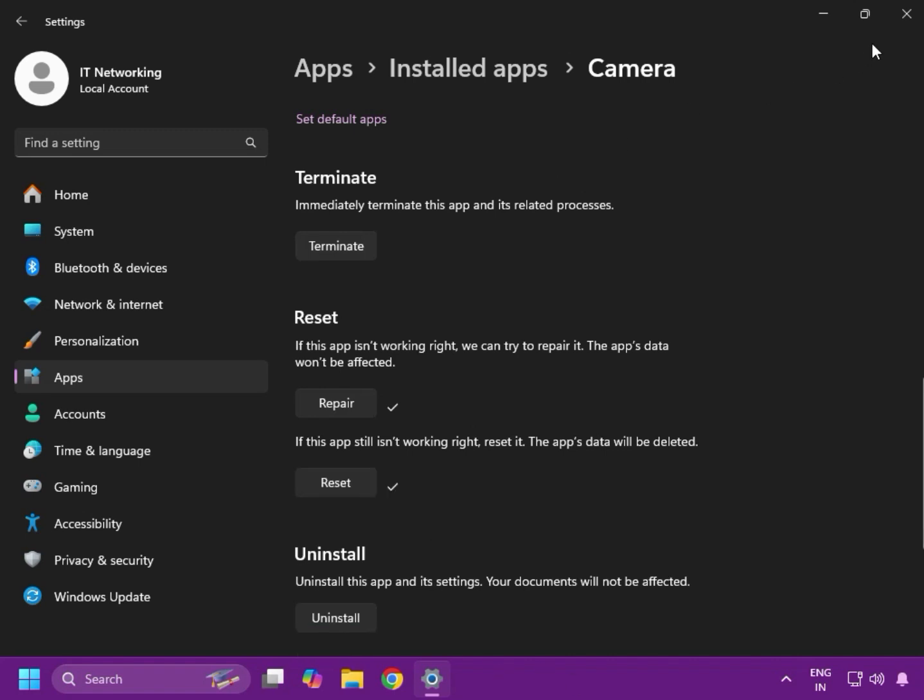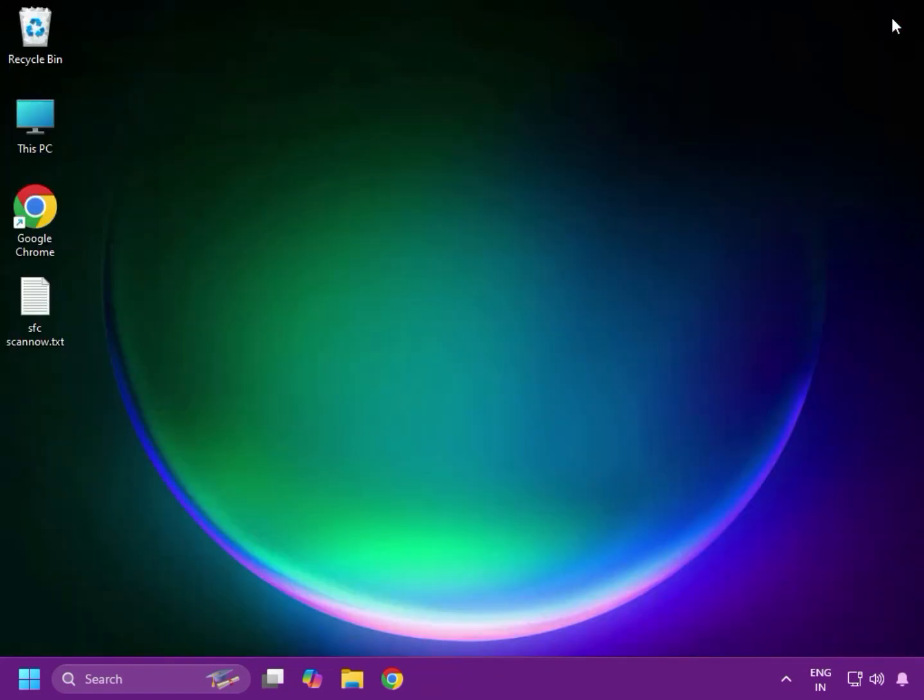Then guys, close. And if you are using a USB camera, you can connect to a different port. Okay, if you are facing this issue in the PC and laptop, and if you are using a USB camera, so connect to different ports and a different system for confirmation whether it is working 100% or not. So final, last step,